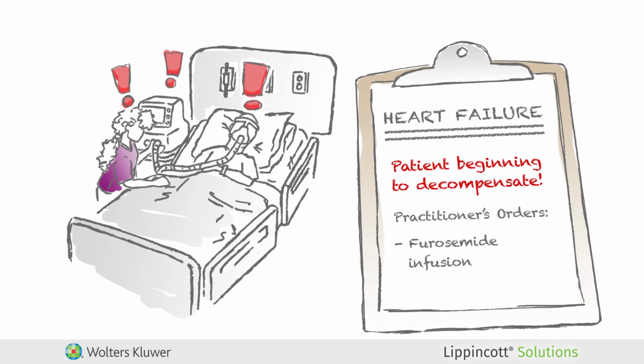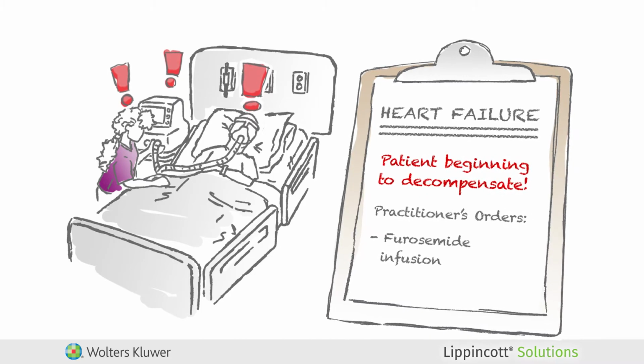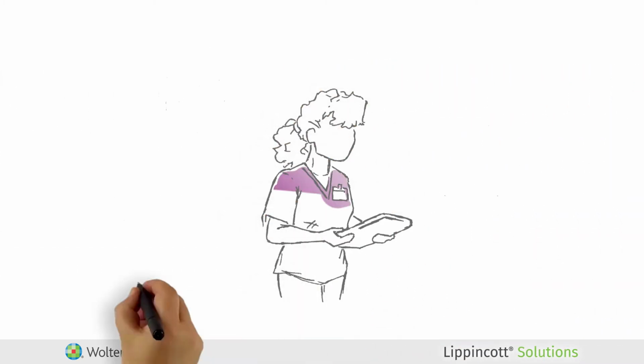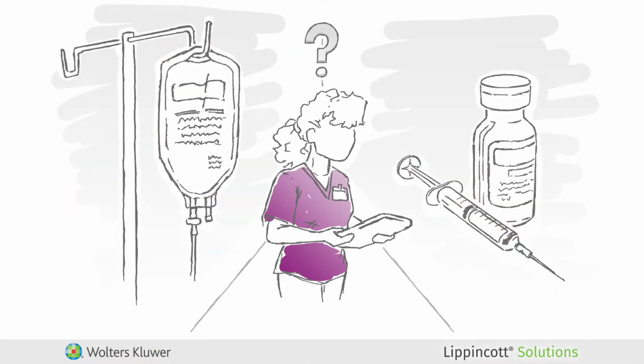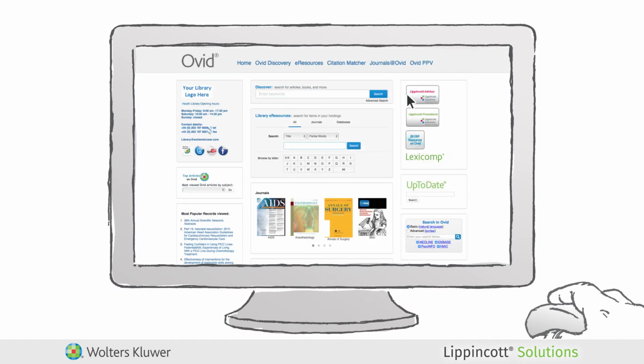A furosemide infusion is ordered. The nurse starts the furosemide infusion immediately. But she wonders, what is more effective for decompensation? An infusion of furosemide or a bolus? A quick search in Ovid and the JBI database at point of reference reveals an evidence summary for heart failure